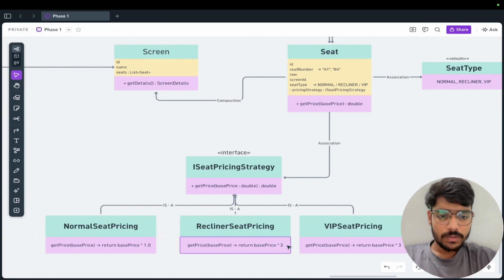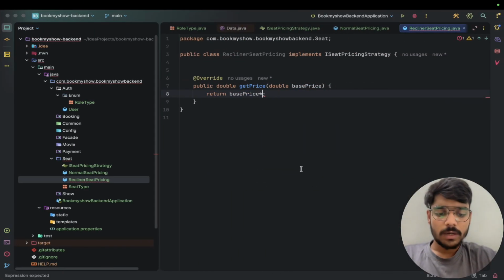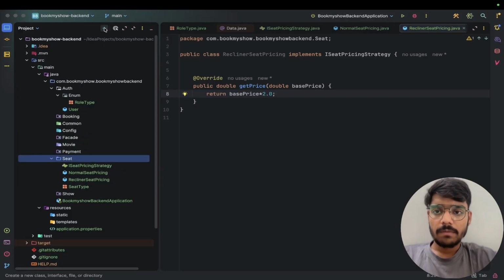So now the multiplier is 2.3, so we have 2.0 as input. Okay. Similarly, we can have another class